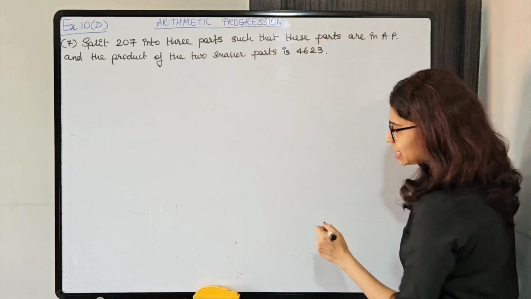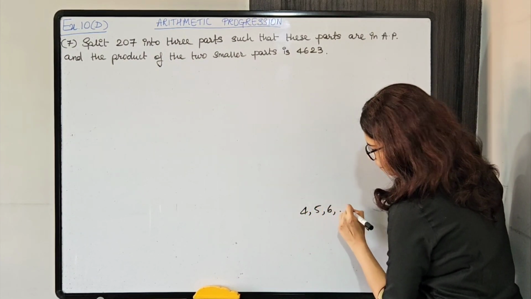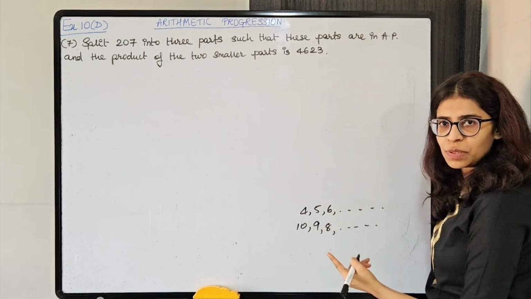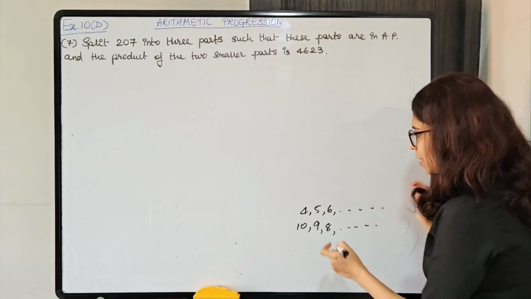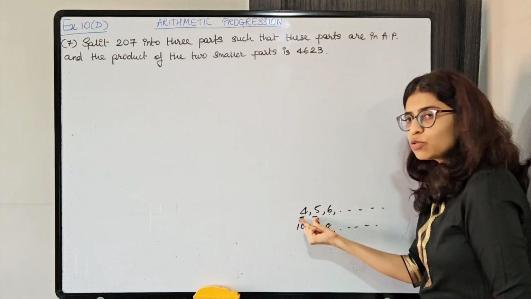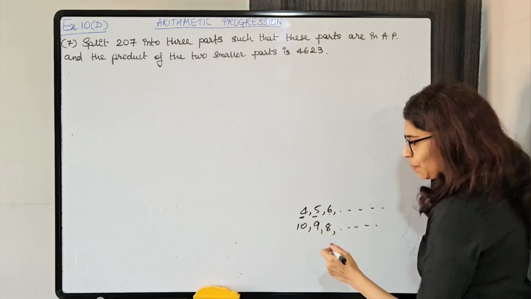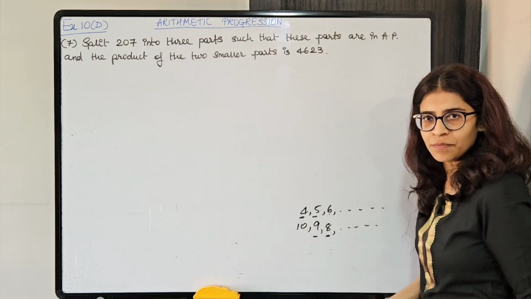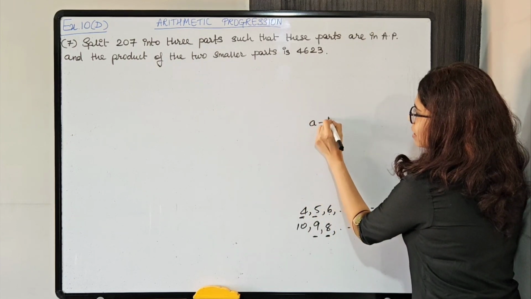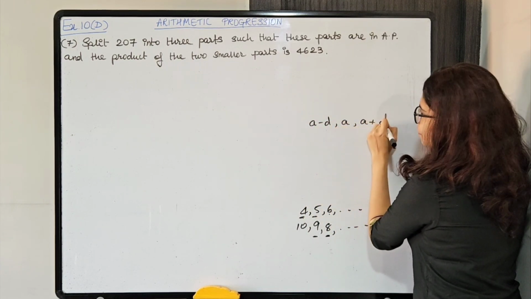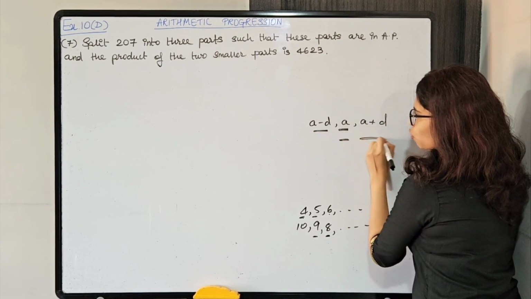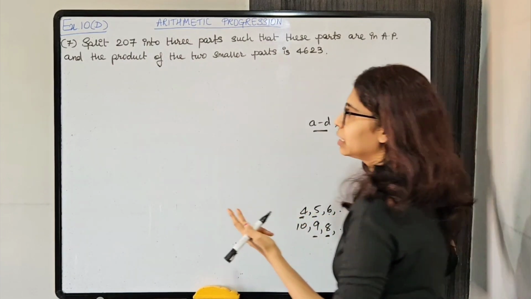There were two APs that we considered. One was increasing AP and other was decreasing AP, right? तो increasing AP में smaller parts कौन सा है? These two are smaller and this is greater, of course, right? So ये दो smaller है and decreasing AP में ये दो smaller है and ये greater है, right? So same logic will apply over here. There are three parts, A minus D, A and A plus D. Either these two are smaller parts or these two are smaller parts. दोनों possibility consider करते हैं.